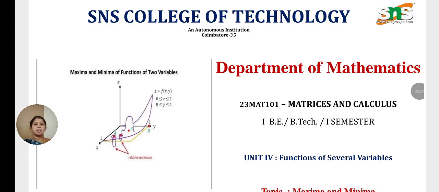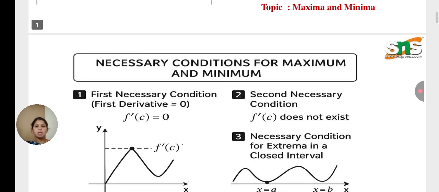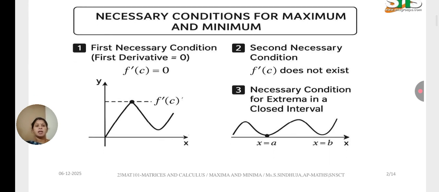Let us have a discussion about the unit of functions of several variables. Here we are going to see how maxima and minima play a role in these functions of several variables. Before going to the problem of maxima and minima, let us see what the necessary and sufficient conditions are